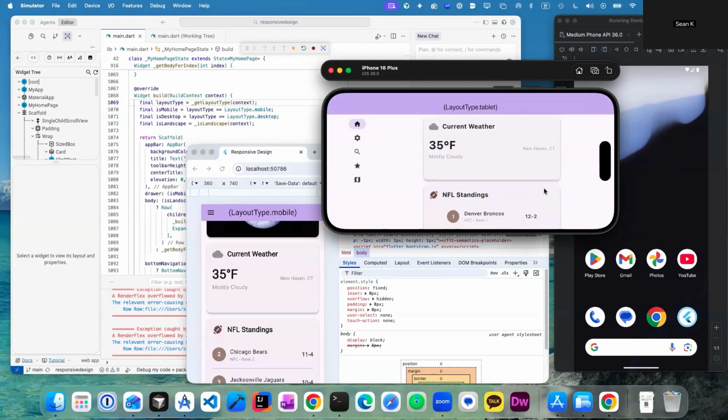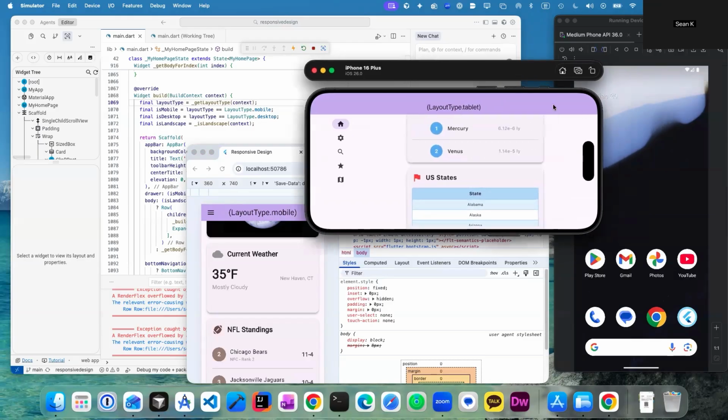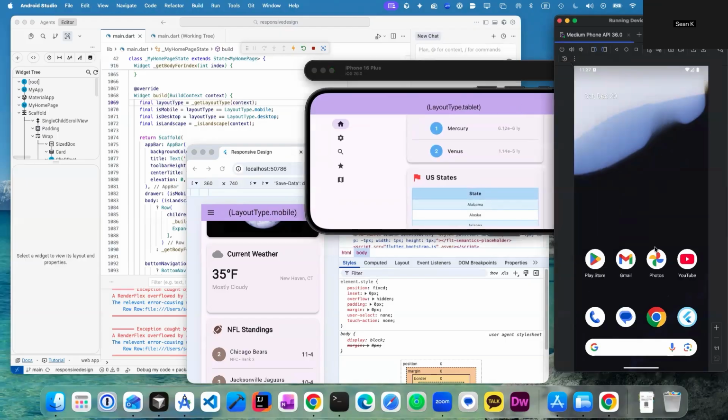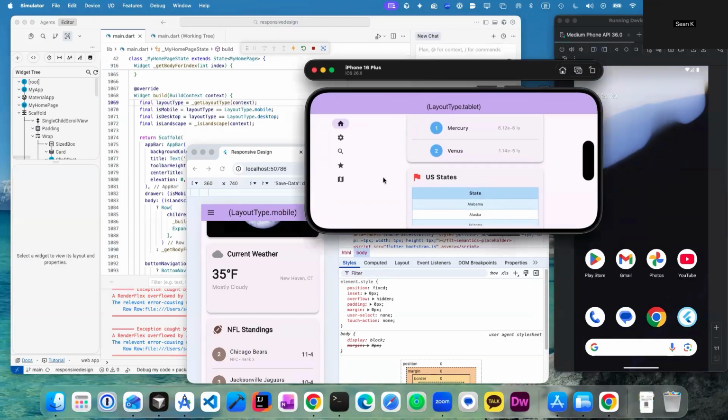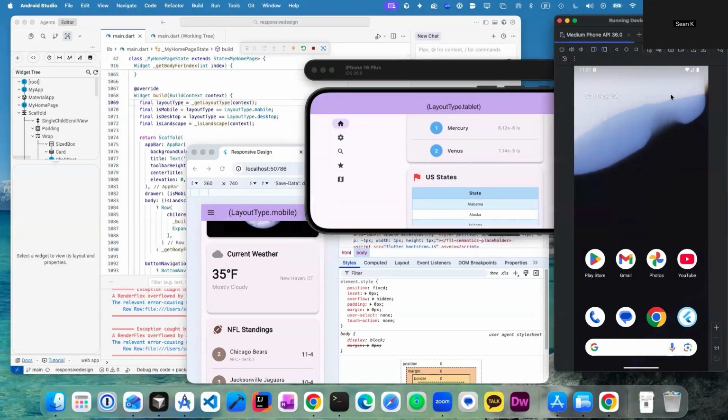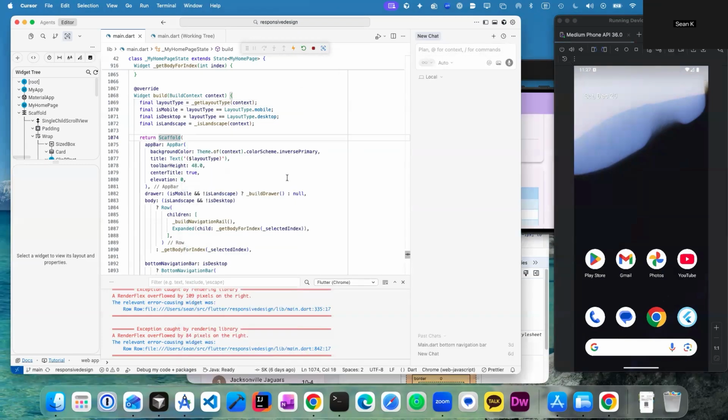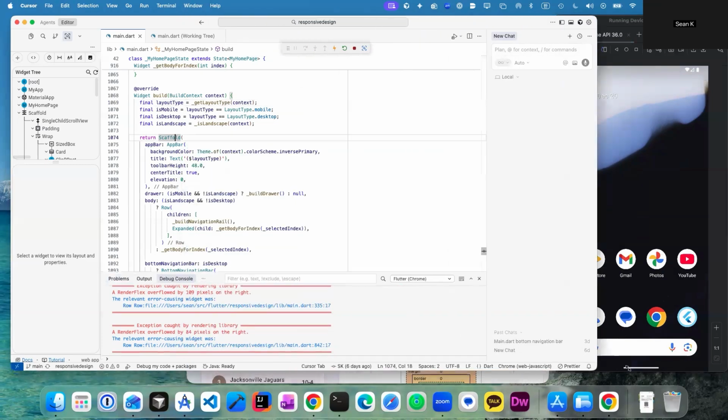Everything is stacked in one column. You can do this also on Android, and on a real iPad native app or a native Android tablet. So the key concepts and the key code in here